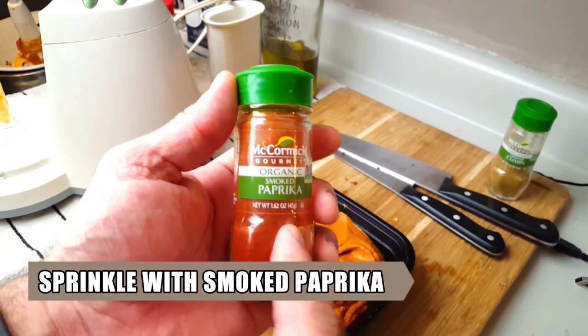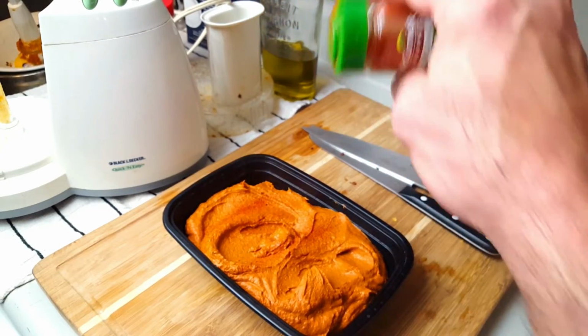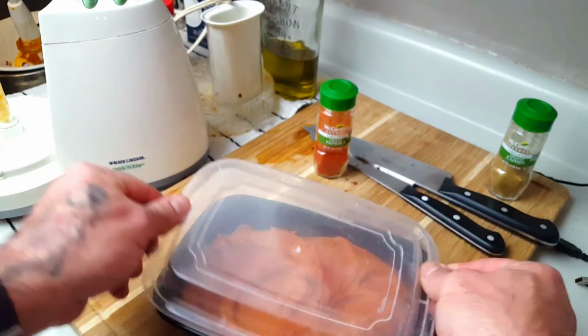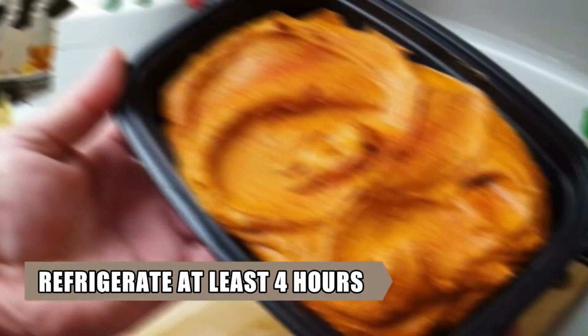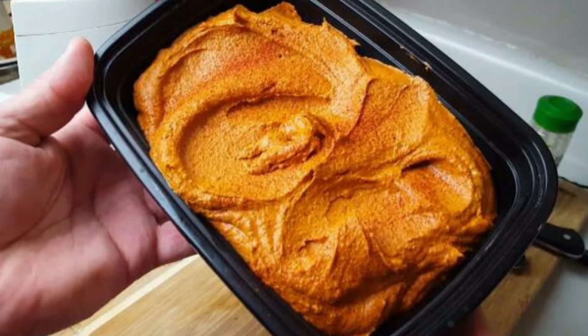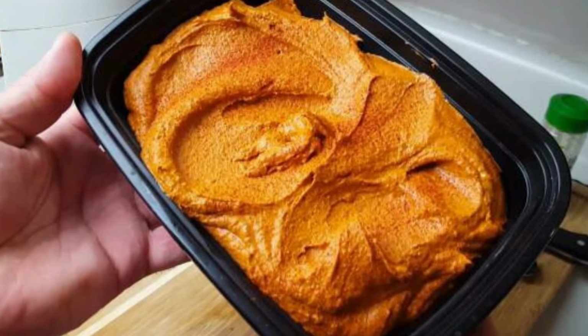Sprinkle the top with a quality smoked paprika. Look at that. Then cover and refrigerate overnight. This will give you an amazing finished, authentic, mild, or spicy ghost pepper hummus that will amaze your family, friends,